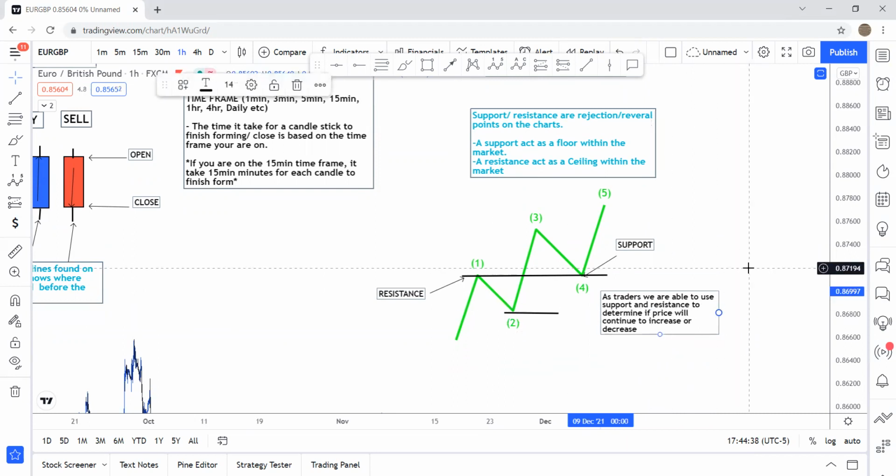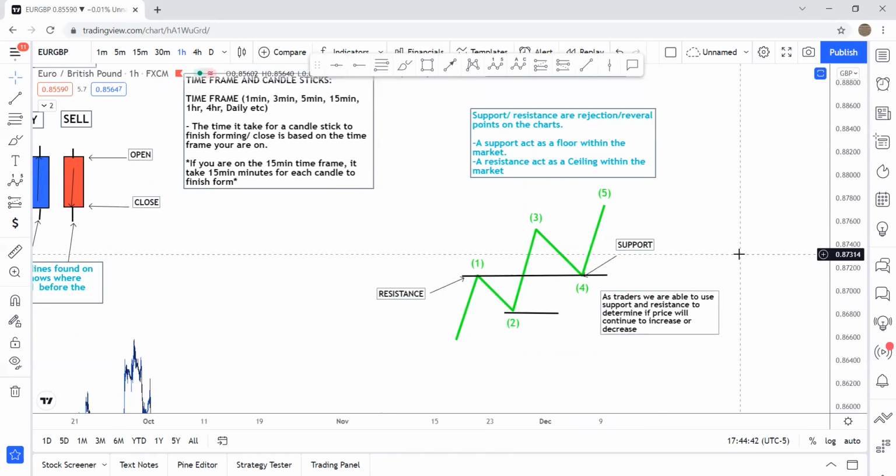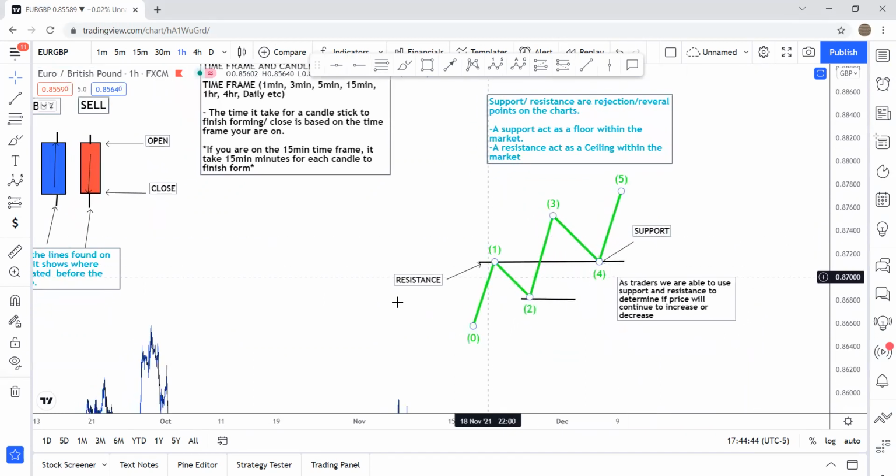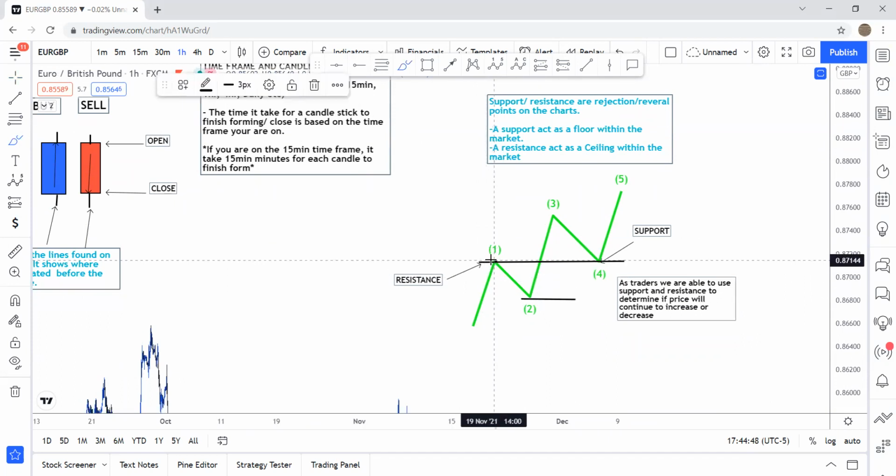As a trader, we are able to use these support and resistance to determine if price is going to continue to increase or decrease. So once again, if we look at this diagram, we see that price hit this resistance, rejected down, but as price broke through the resistance, when it pulled back down and retested that previous resistance, which is now a support, as we can see, with technical analysis, we can make